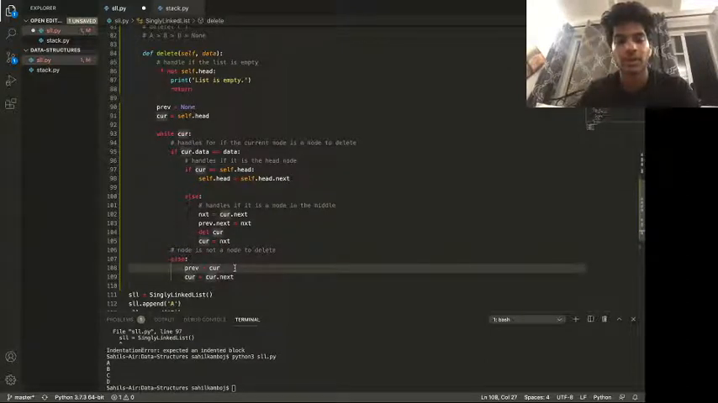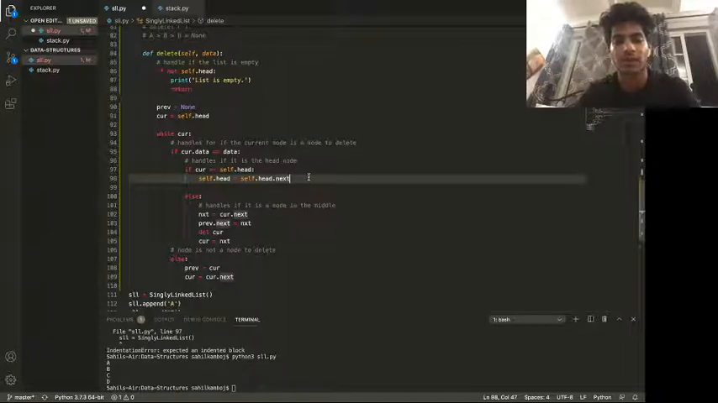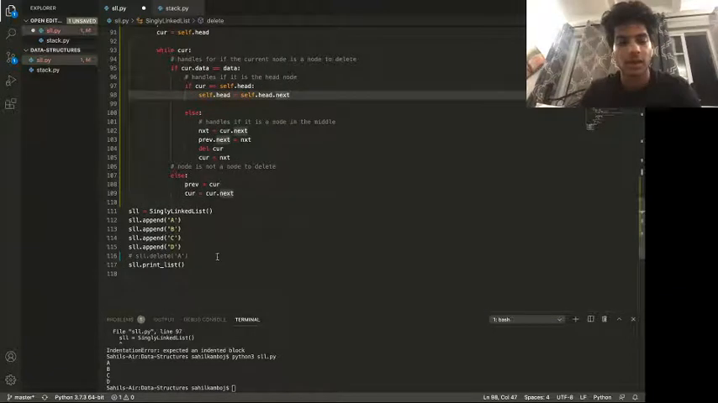And so I think that should do. I'm just making sure I'm not forgetting anything here. If cur is equal to self.head, self.head is going to be equal to self.head.next. That looks right. I don't think we're forgetting anything. I don't think we're missing any return statements. And so